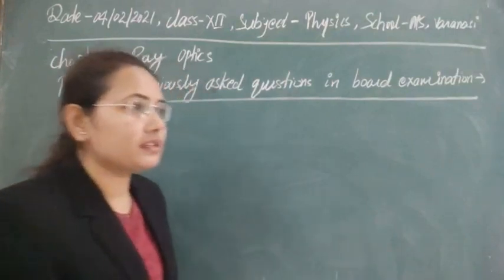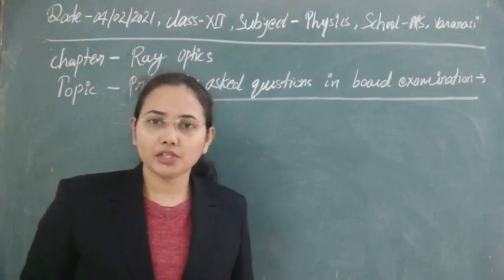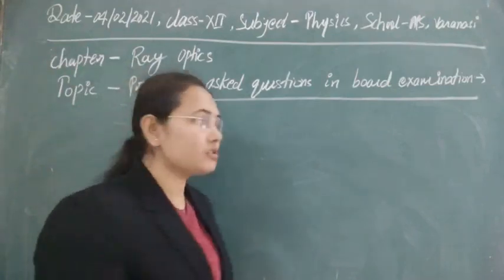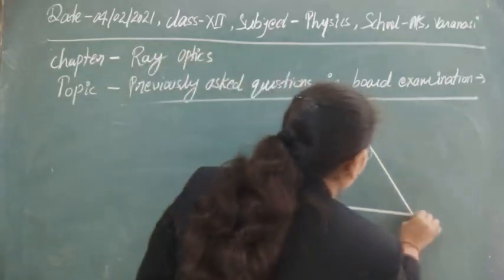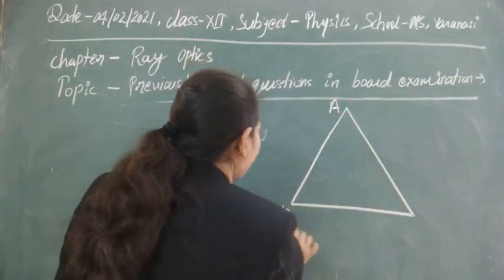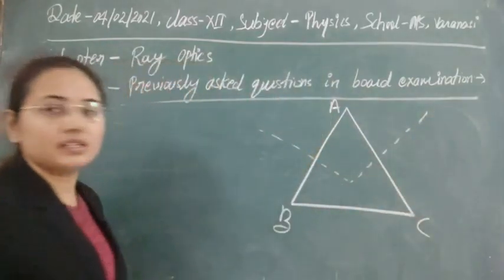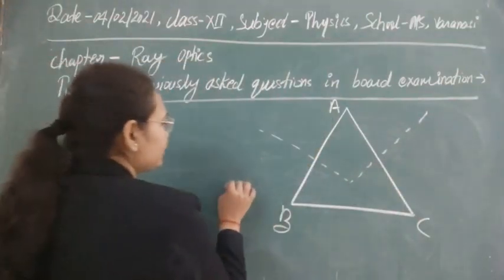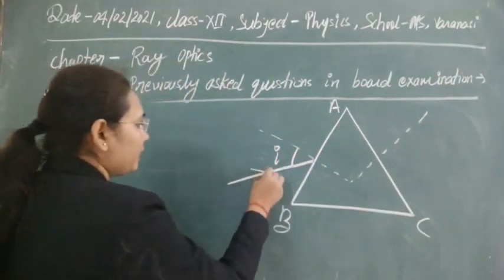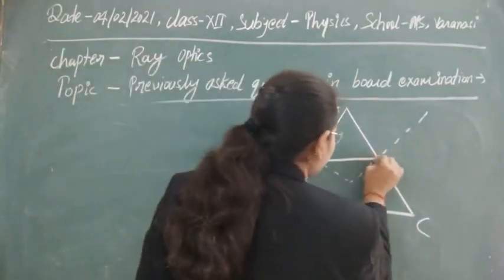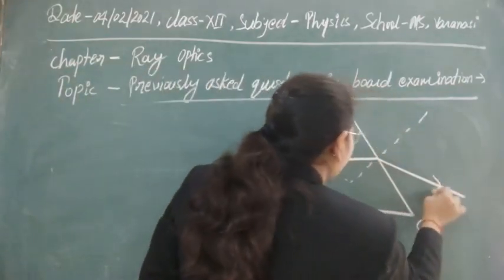In this case it is given that the angle of incidence for this glass prism is equal to the angle of emergence. For this I will draw a figure. This is our prism ABC. These are two refracting surfaces, these are normals to these refracting surfaces, and suppose light is incident at some angle i here. It is refracted from here, and again at this surface the light undergoes refraction.